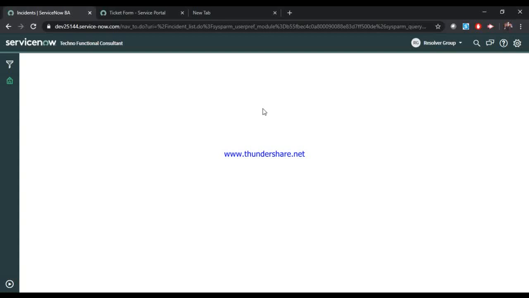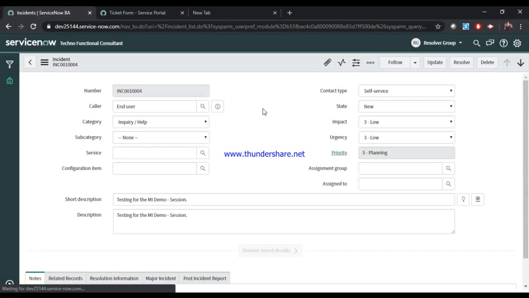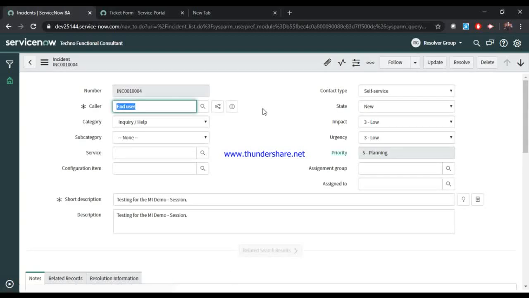Here I'm working as a resolver group, so I will open this incident and see what issues the end user is facing, so that I can take proper action on that particular ticket. It's taking a little time to load. In the meantime, I'll go back to my procedure part. Some companies have a step to initiate an MI call, plus a bridge, and the communication needs to be sent by my MI manager or MI team as well. So now I'll assign this ticket to my resolver group.